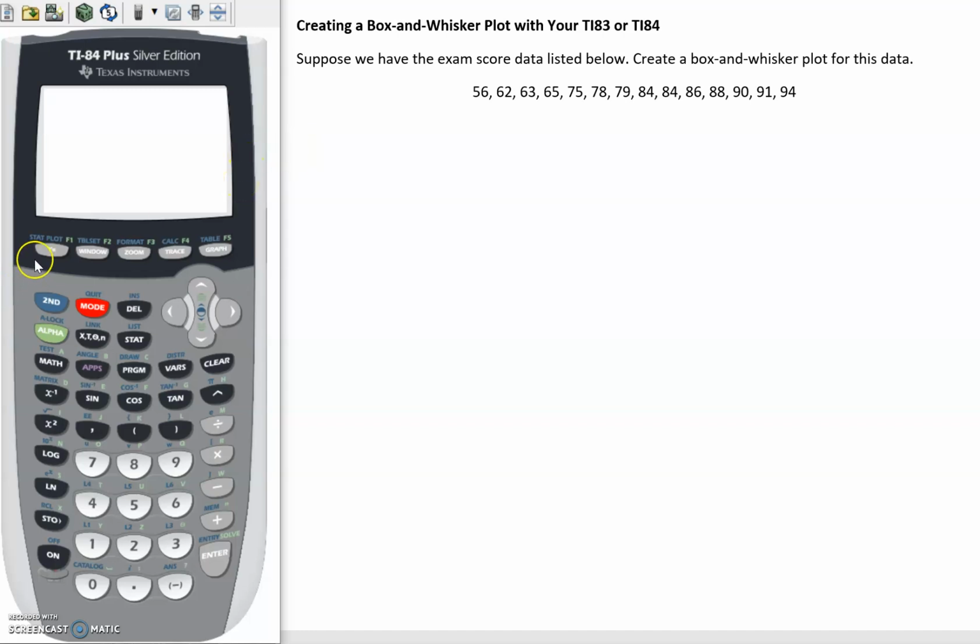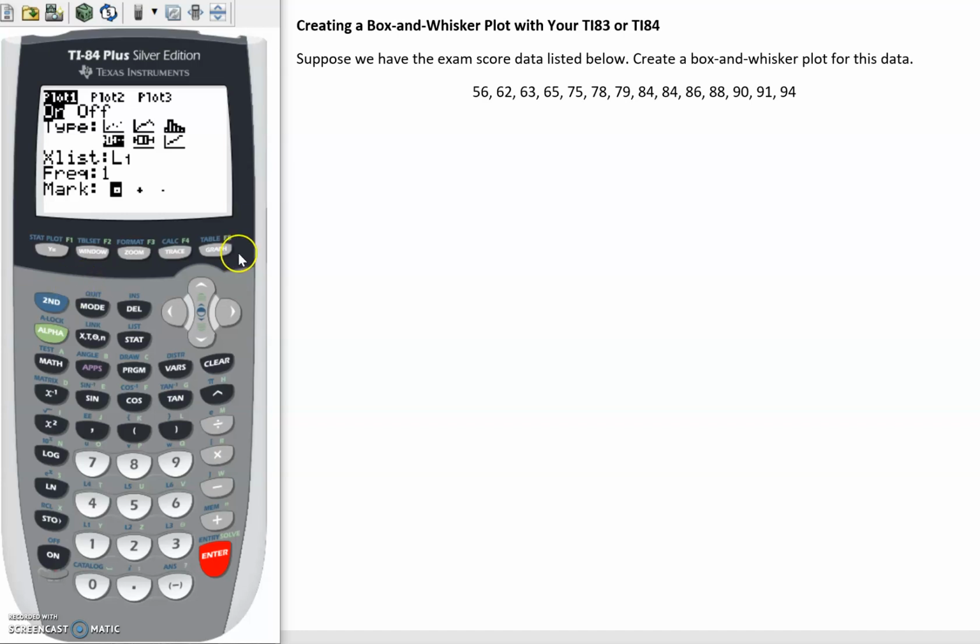And then we see above y equals there's stat plot. So if we hit second y equals, we can hit enter for that first plot. Its default is going to be off, so we want to hit enter for on, and then we want to select the type. So use your arrows to go over to the Box-and-Whisker. There are two different versions of this. Notice the one on the right here just has box with whiskers, that's why it's called that. But the other has a few dots off to the side, so that's in case of outliers. So if we select that,